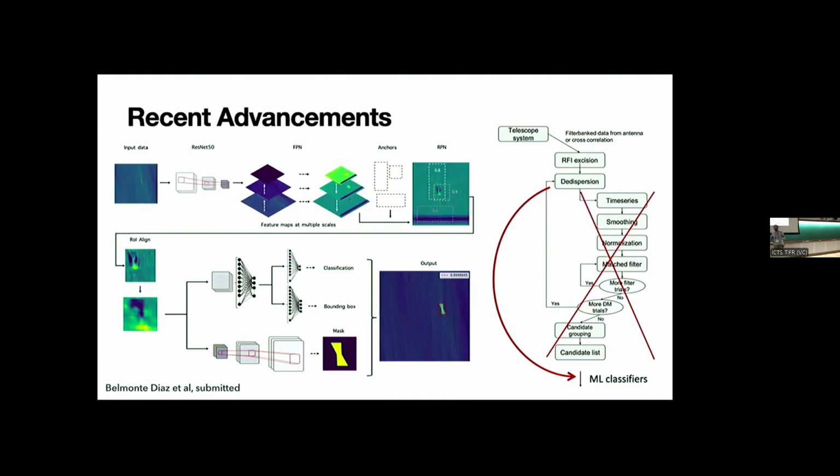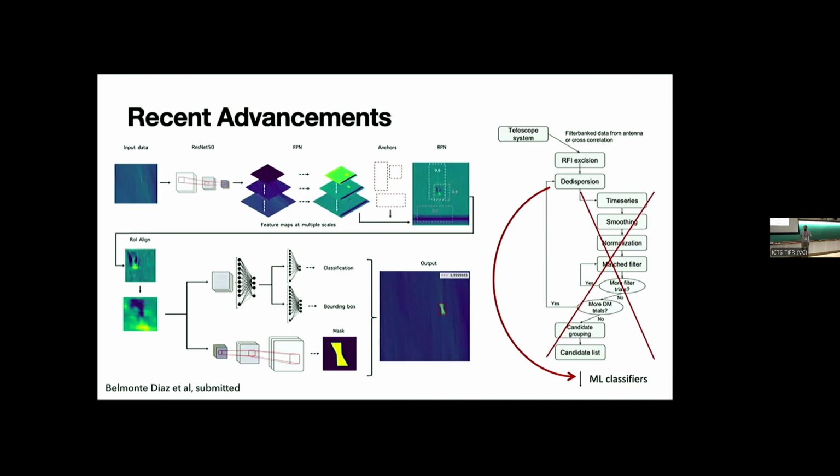So what you can do is, as you're streaming data through, as a function of frequency and time, you can directly convert it into a DM time plane, right? So you're basically directly going from input data to something that looks like this. I'm not going to go into details of this neural network, but the point I'm trying to make is that